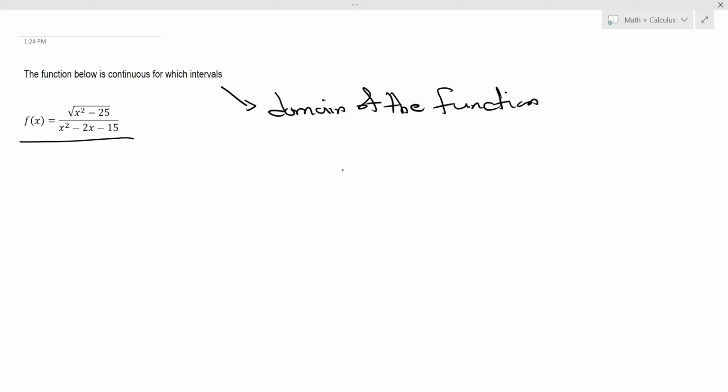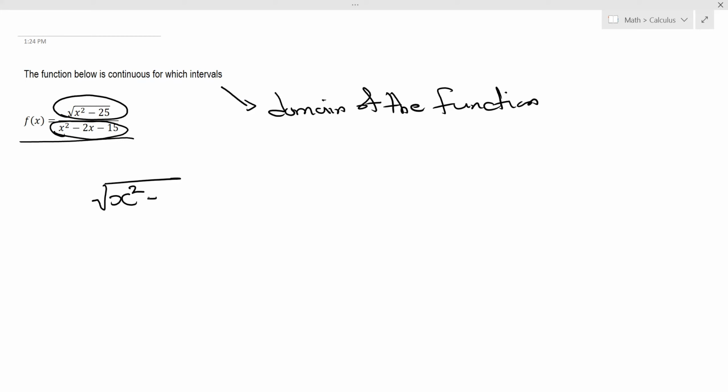Okay, we find the domain of the function, and we see that we have a fraction. We have a denominator, and then we also have a square root function. So we take it one by one. I'll start with the square root function, where we have